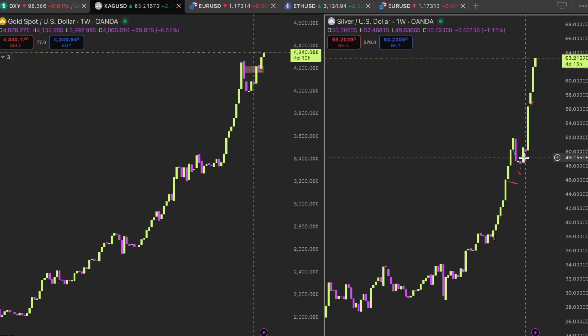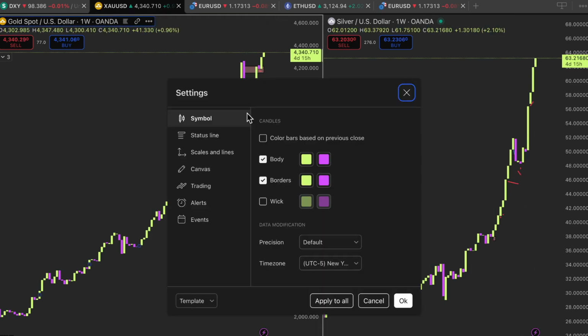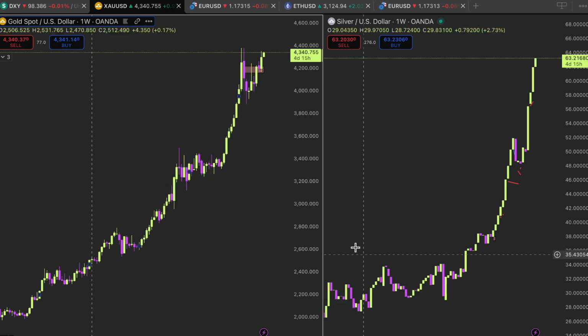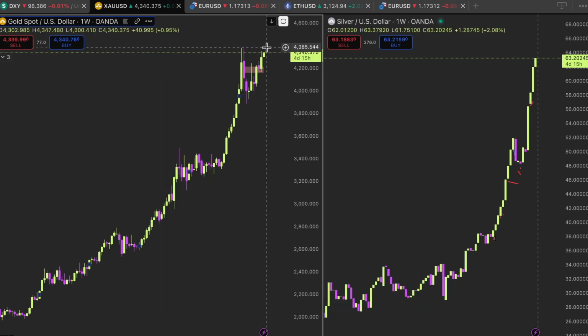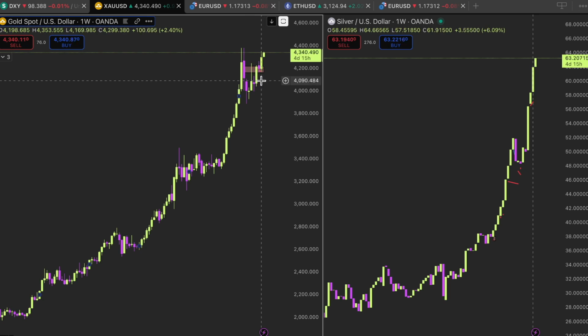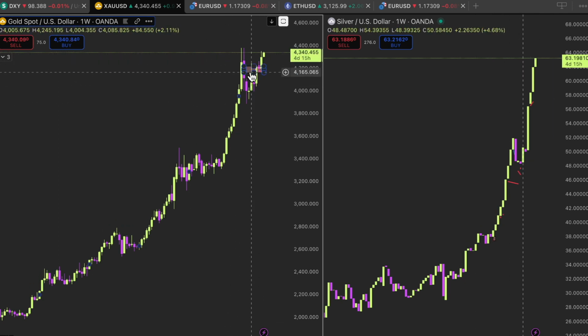For the next target on gold, as you can see, the strength on silver is immense. I expect us to take out these highs over here and create new all-time highs before the end of the year. So I'm curious to see what will happen there. A low CPI number will mean a weak dollar, and that will mean more strength for the other markets, for example for the euro, for gold, and for Bitcoin.